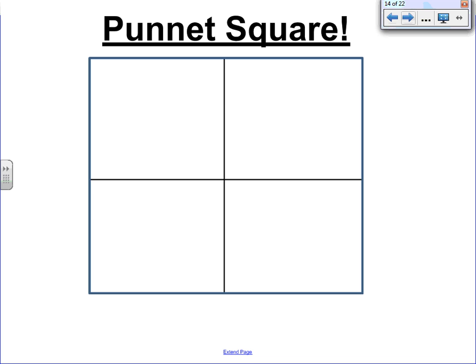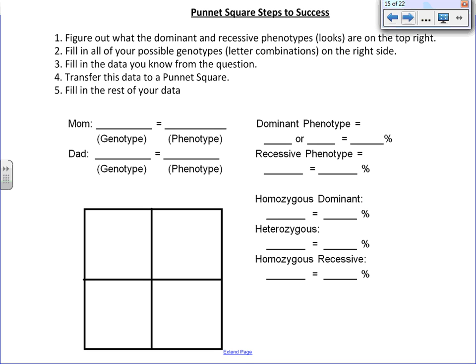All right, and you will rely on the Punnett Square in order to calculate a significant amount of the genetic probabilities that you bring. Now, how can 4 small boxes do all of that work? Well, we need to expand it just a little bit. All right, this is the Punnett Square steps to success. You'll notice a certain number of blanks here to fill out. If you could fill out every one of these blanks, you actually could answer any genetics question possible about a